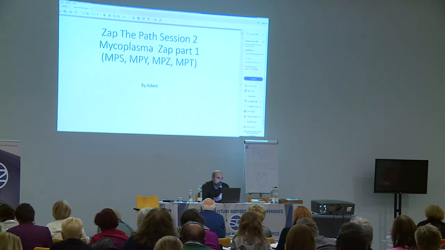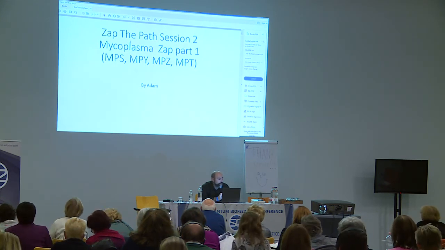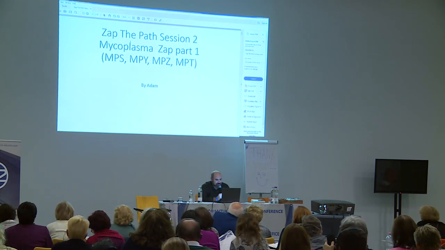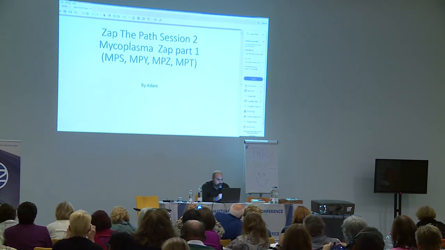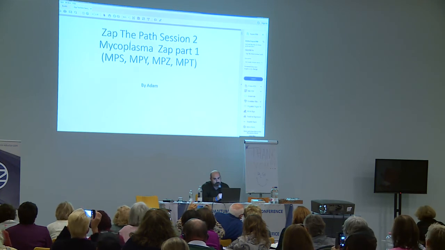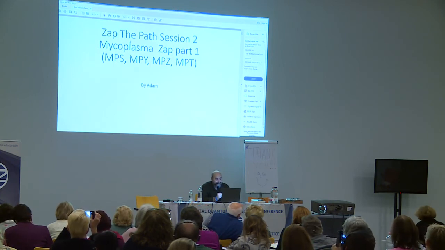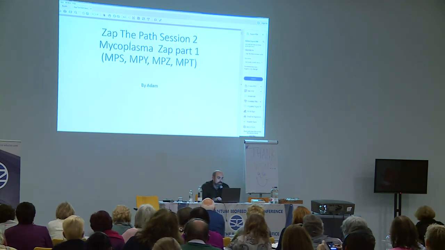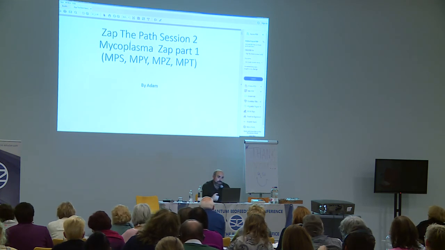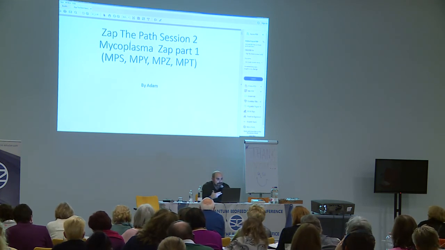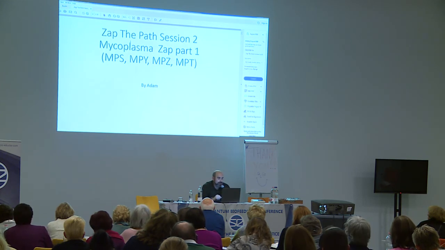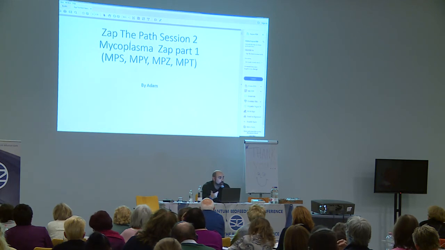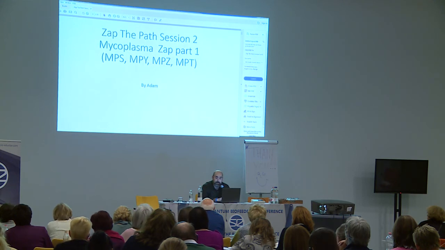In session 2, we're going to start zapping the mycoplasma in specific. It does not necessarily have to be in this order. You could choose the order of reactivity, but make sure you write down what you zapped in today's session so you don't duplicate it in tomorrow's session. So in session 2, we're going to focus on mycoplasma. There are 8 mycoplasmas that we want to focus on. In this one, we're choosing 4, which would be MPS, MPY, MPZ, and MPT. You'll see them listed as such directly in your matrix. So that'll be session 2, in essence following the same plan.